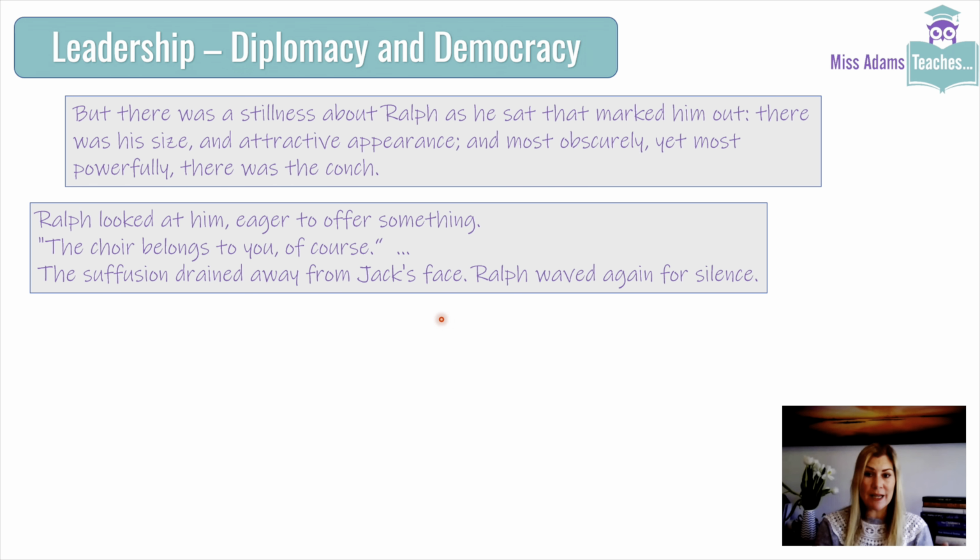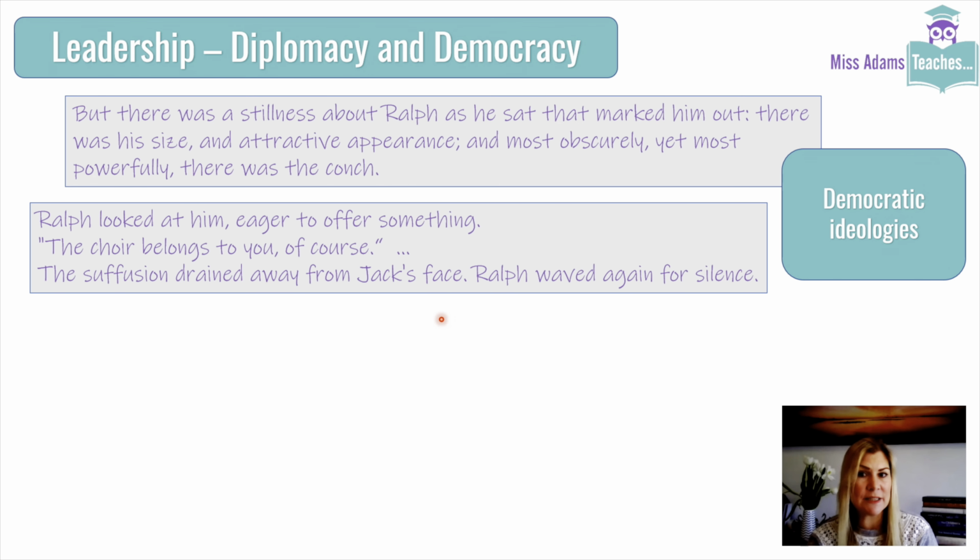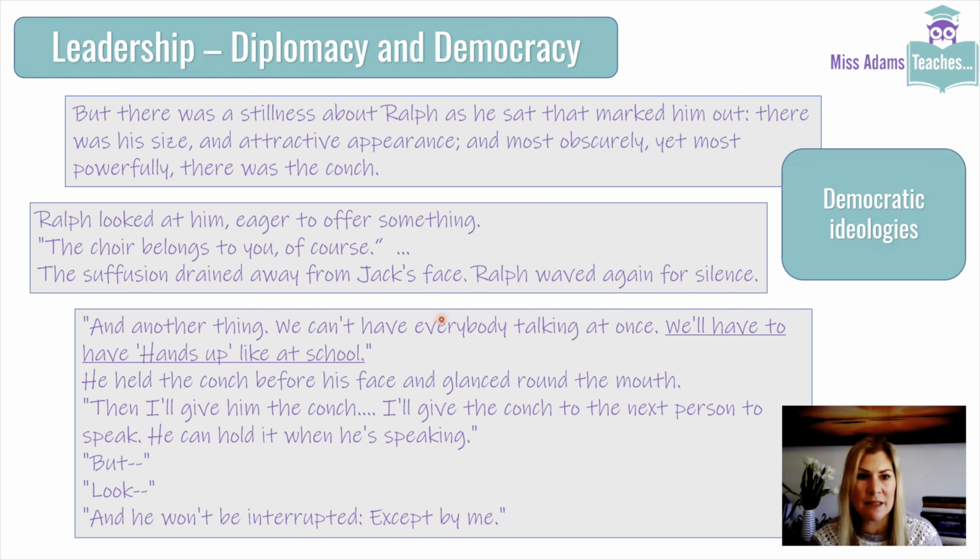So you can look at that in this moment and think, this is a sign of what a good leader he is. But you could also look at this as a way that he accidentally opens up a way for Jack to get more power. Because obviously by giving him the choir, this is what then establishes them as hunters.